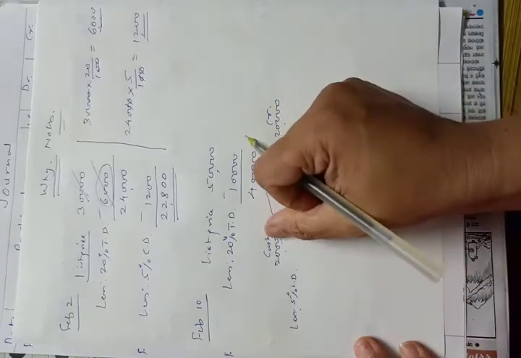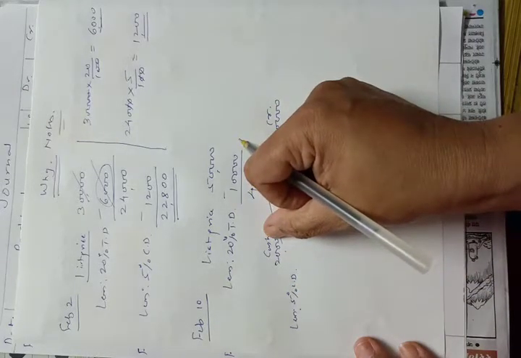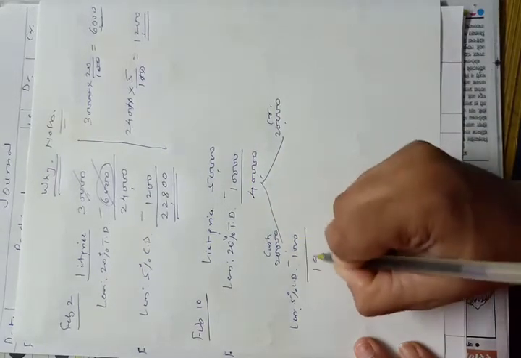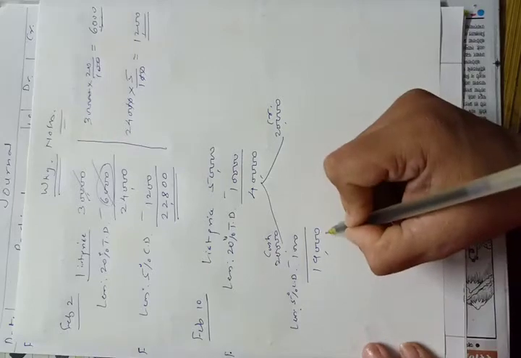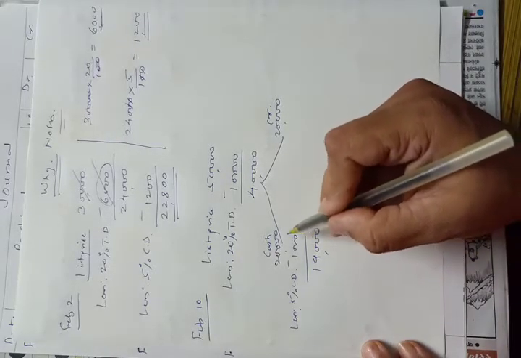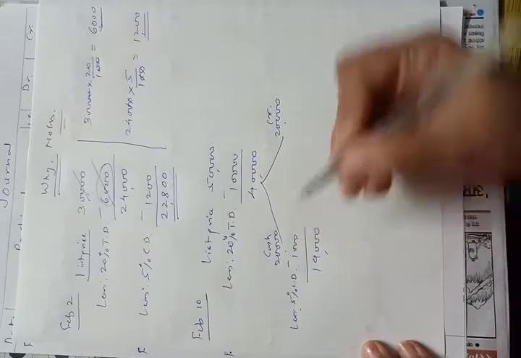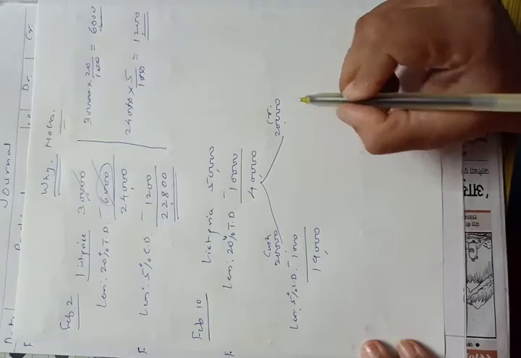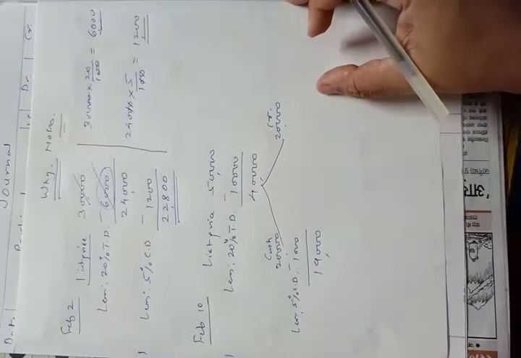5% of 20,000: 10% will be 2,000, and half of that will be 5%, that is 1,000. So we will receive 19,000 from Nupur. Okay, and we will give her 1,000 rupees discount because she is making cash payment immediately. For this credit transaction we will not give cash discount because this is the amount kept as credit.